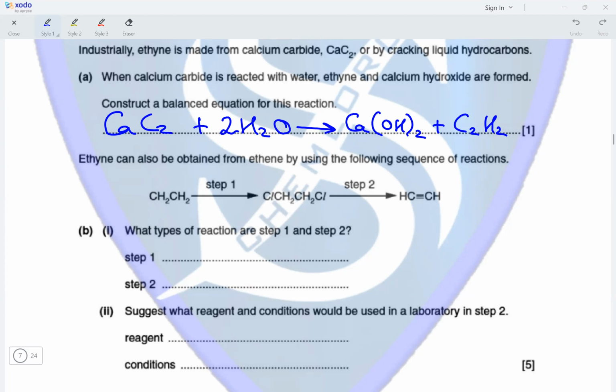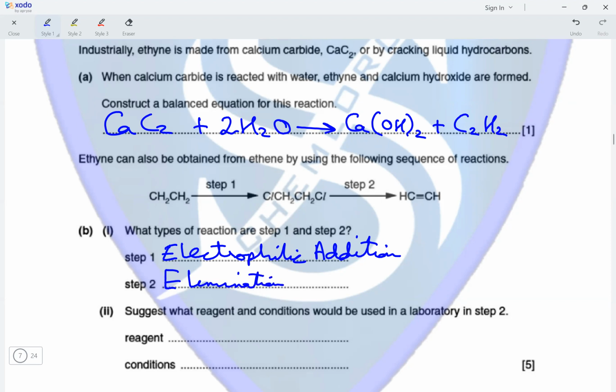Ethine can also be obtained from ethene by using the following sequence of reactions. So we've got ethene converted into 1,2-dichloroethane, which is converted into ethine. What type of reactions are steps 1 and 2? So step 1 is electrophilic addition. Cl2 molecule gets added onto C2H4. And step 2 is an elimination reaction